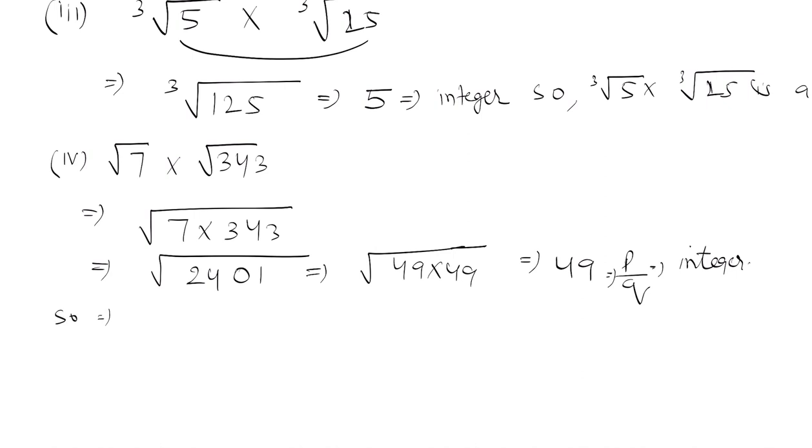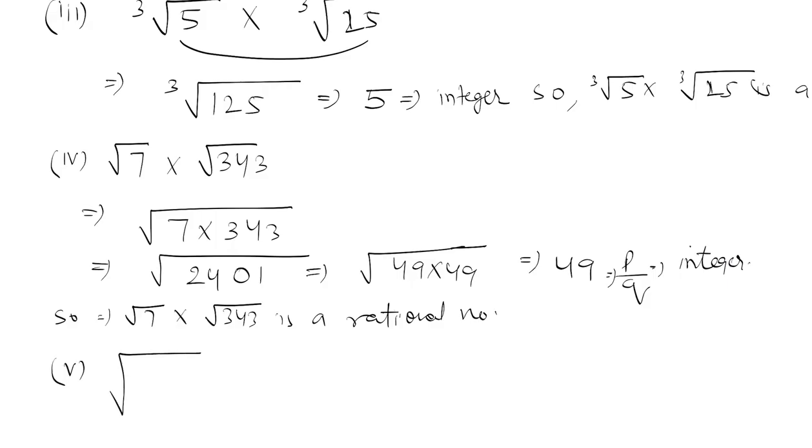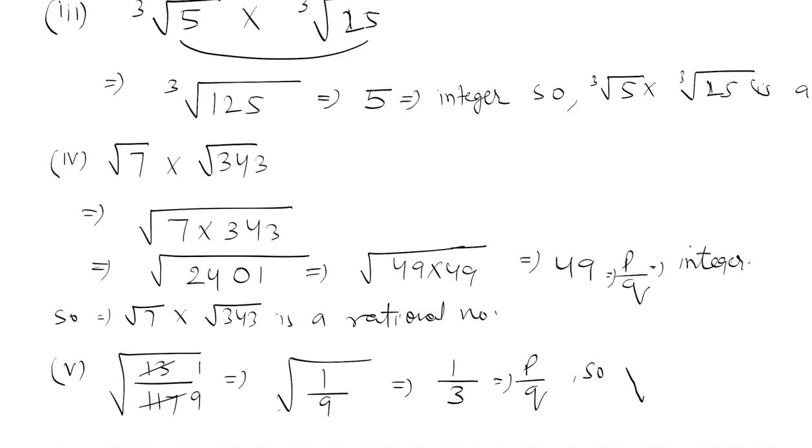Okay, so root 7 into root 343 is a rational number. Okay, the question number fifth is root 13 upon 117. Okay, we can write this as 13 times 9, so 1 upon 9, which is equal to 1 upon 3, which is in the form of p upon q. So root 13 upon 117 is a rational